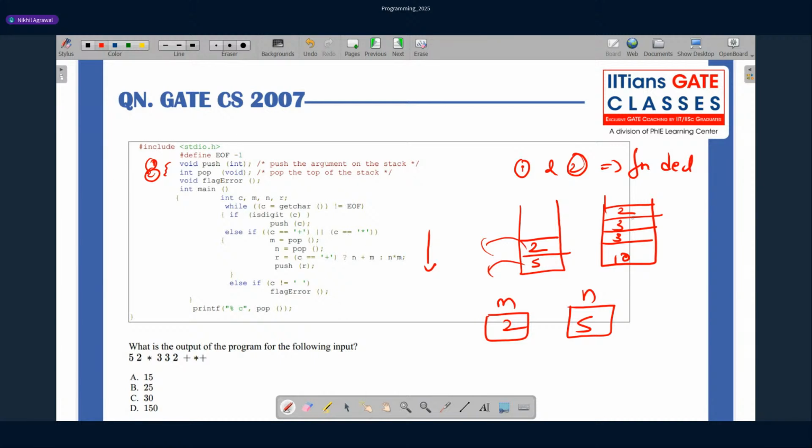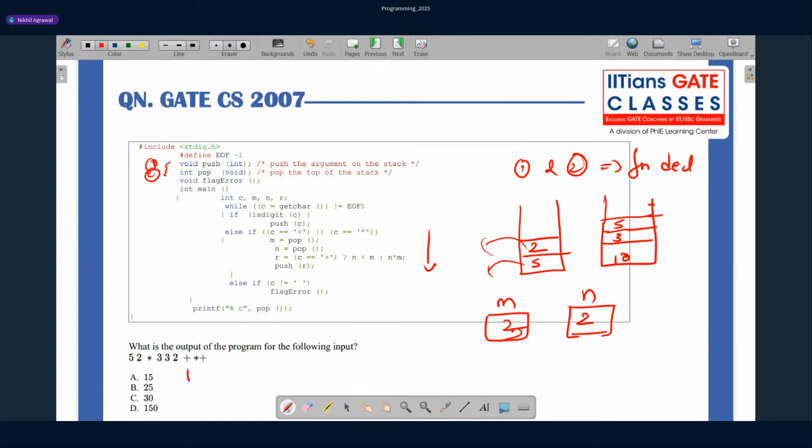So first we pop: m will have 3 and n will have 2. We perform addition, 3 plus 2 is 5, and then it is pushed onto the stack. This will be my top of the stack.